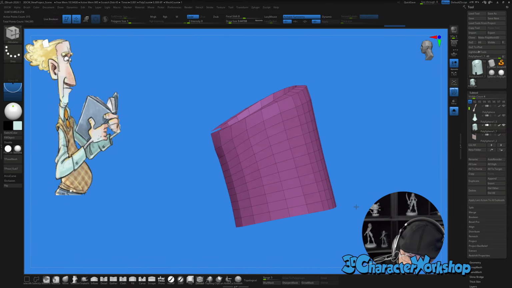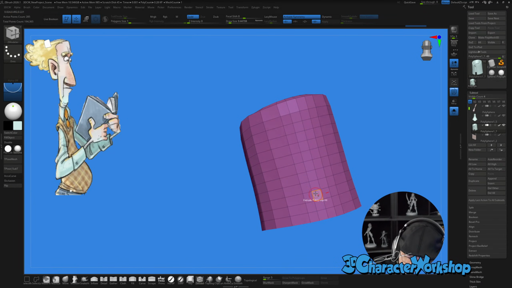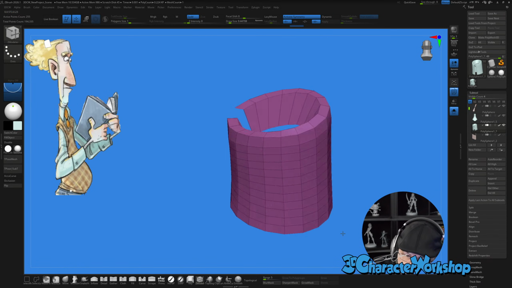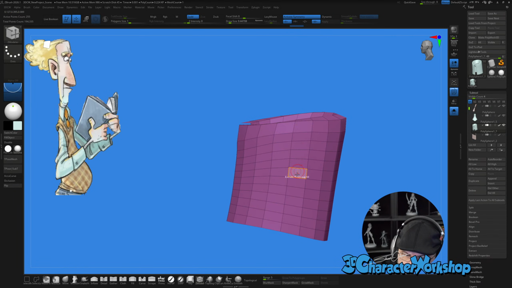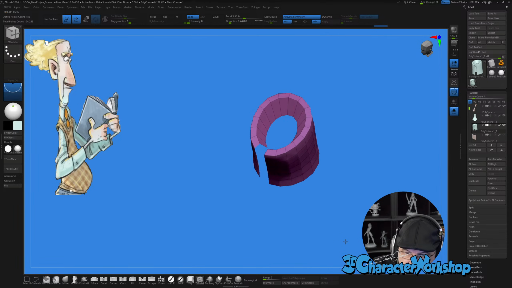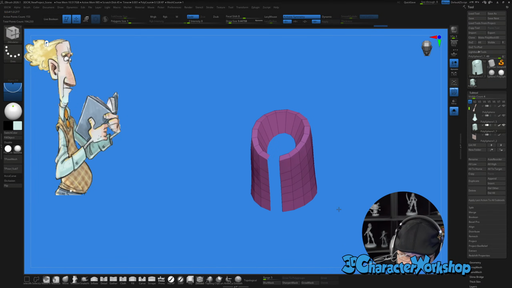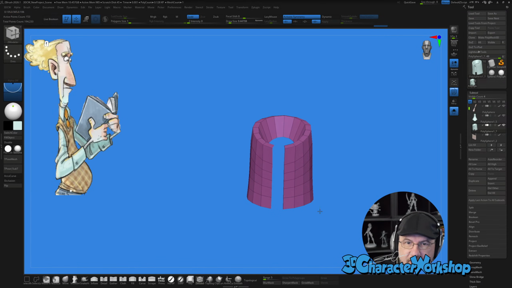Like every other one. Just to simplify. And then we'll do the same vertically. Okay. And then the reason I did that is because I want to bend the collar outward.